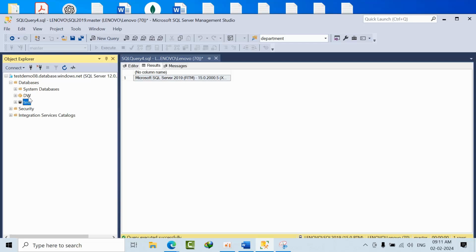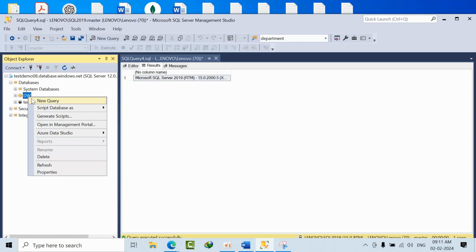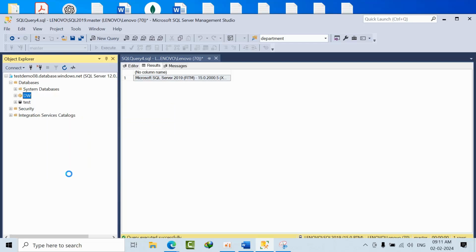How this test database looks, how the DW database looks. Are you able to find the difference? Yes. We have the skip database option. If we go with these default options, this is the only problem.